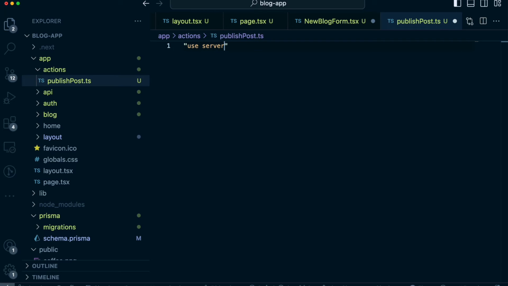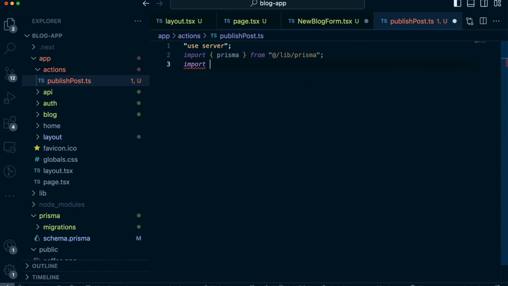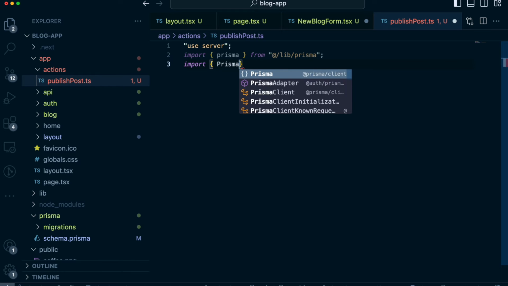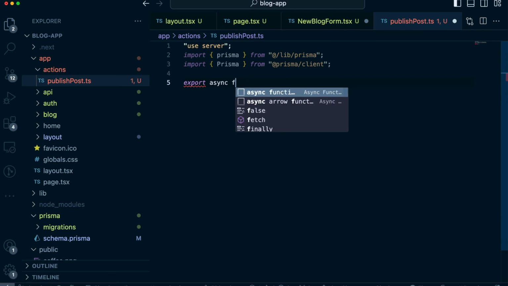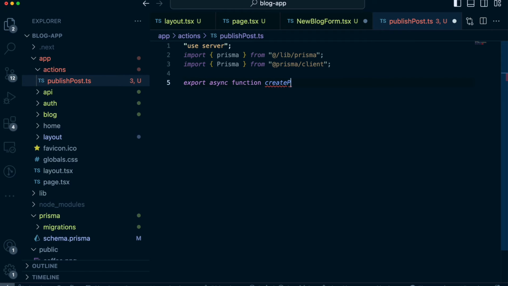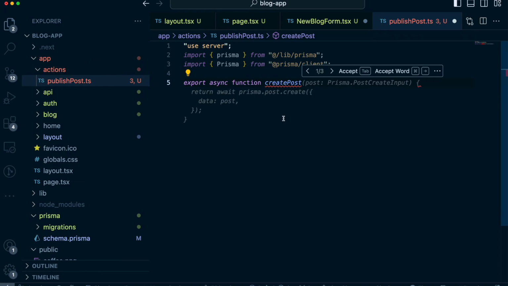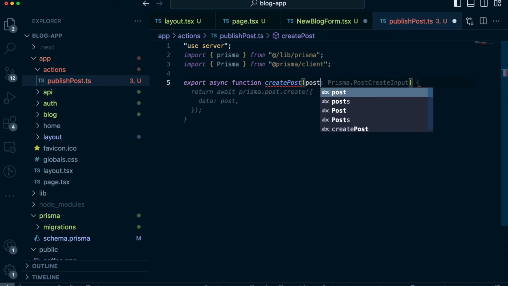For the server action, we have to mark the beginning of the file using this keyword, use server. And next, we import Prisma from the library definition that we gave it. We also want to have types generated from Prisma. So for that, we actually import that from Prisma client. Okay, so then export, we just create an async function, nothing we haven't done before, I guess. It's just the format of creating use server and then putting in the actions, and we'll give this post